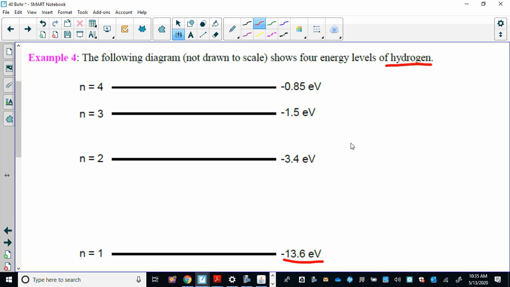What that means is, the reason they have negative is called the ionization energy. It means if you've got an electron sitting here in level 1 and a photon with 13.6 electron volts of energy hits that electron, it will ionize it. It will be enough energy to knock it out of the atom. If you had a photon that had, let's say, 15 electron volts of energy, then the 13.6 would ionize the electron, and then there would be 1.4 electron volts remaining for the electron to go do whatever, visit a friend,